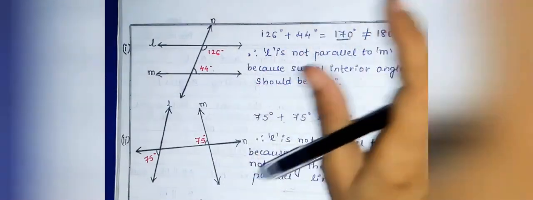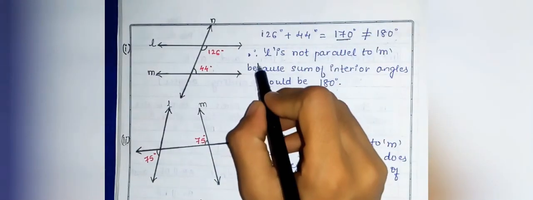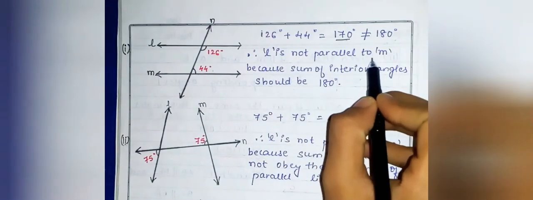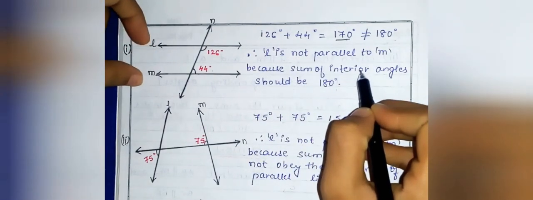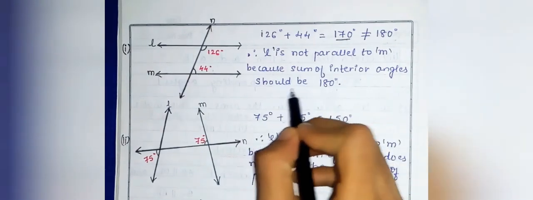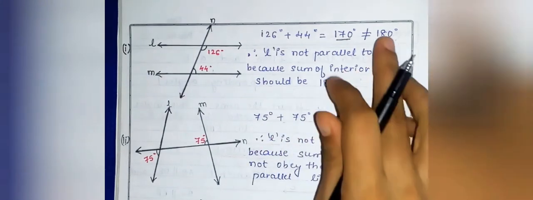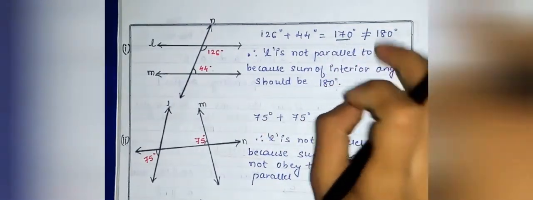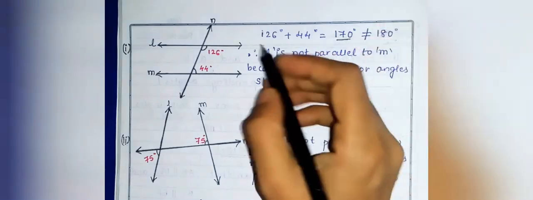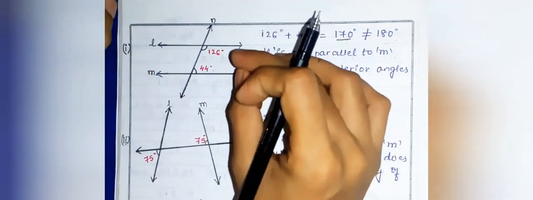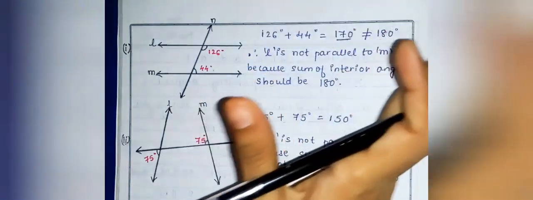And 170 is not equal to 180, means that these both lines are not parallel. So our final statement will be L is not parallel to M. This line L is not parallel to M because the sum of interior angles should be 180. It should be 180 and we are not getting 180. What we are getting? 170. So the property is not satisfied. That is why these both lines, okay, if you see the figure, देख के लग रहा है कि दोनों parallel है, but actually दोनों parallel नहीं है, थोड़ा but difference कहीं ना कहीं होगा.